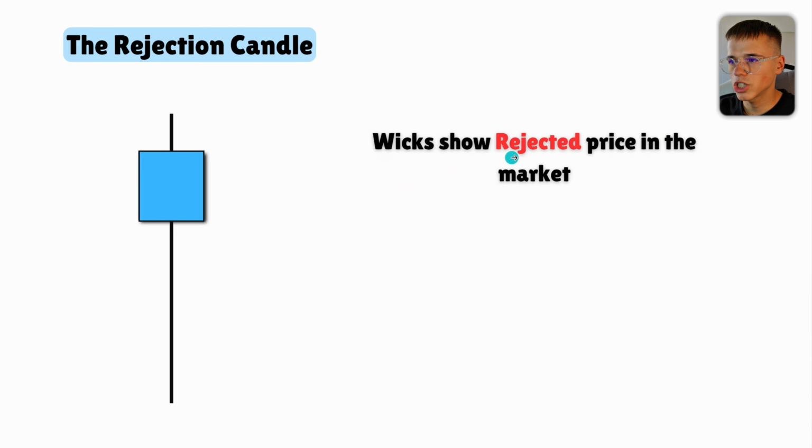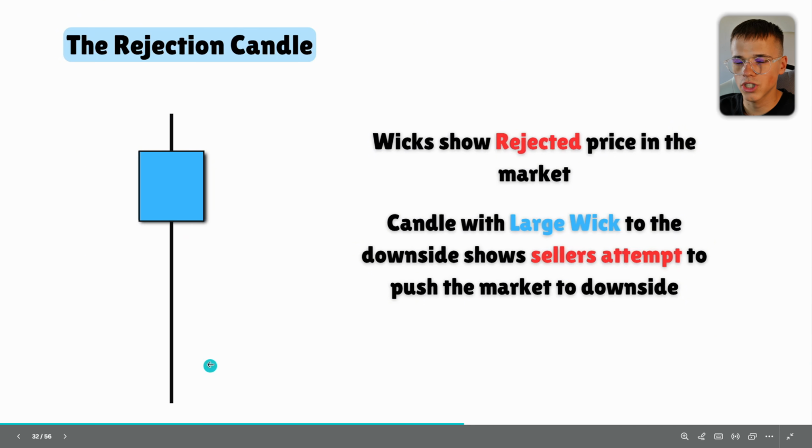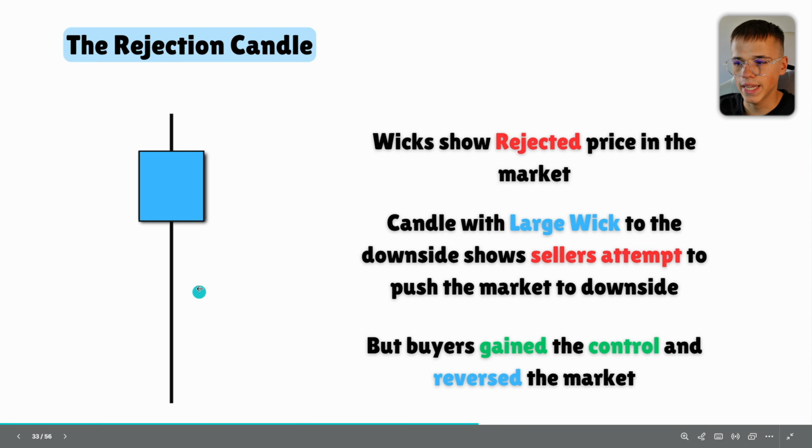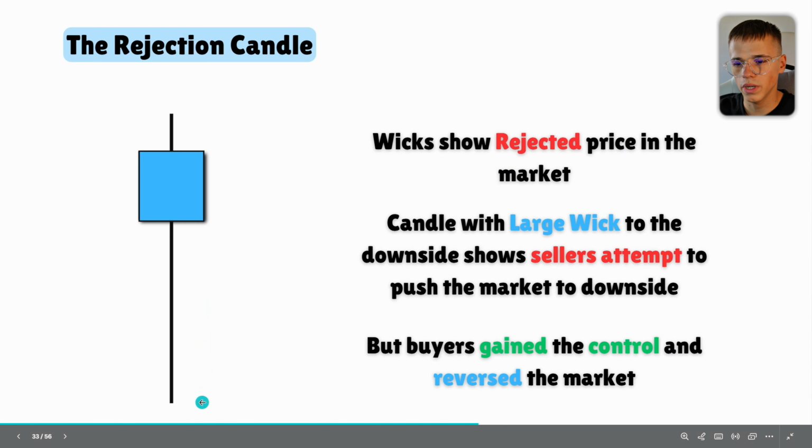And wicks basically show that price has rejected a point in the market. You can see in this example right here, a candle with a large wick to the downside shows an attempt of sellers to push the market to the downside, but in the end buyers regained control and reversed the whole market, because sellers basically tried to push the market all the way to here, but buyers regained control and pushed the market all the way back to the